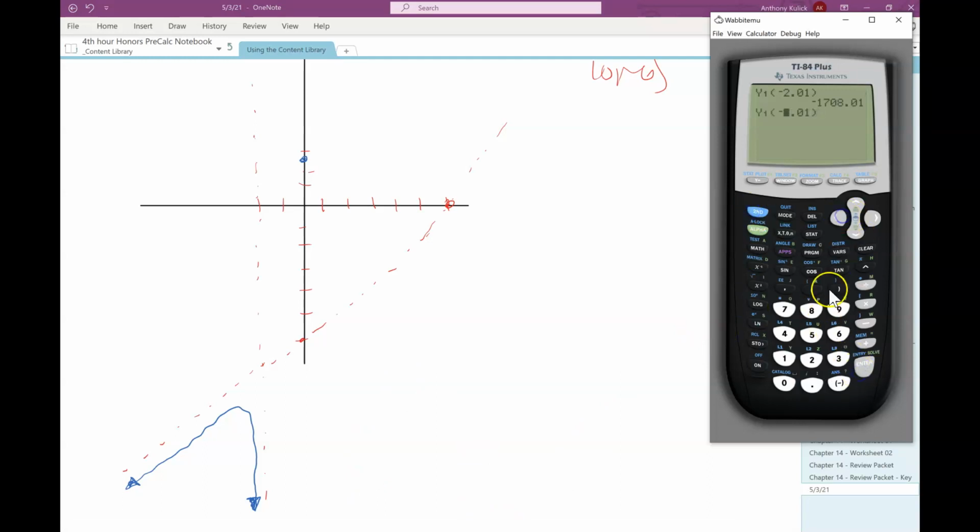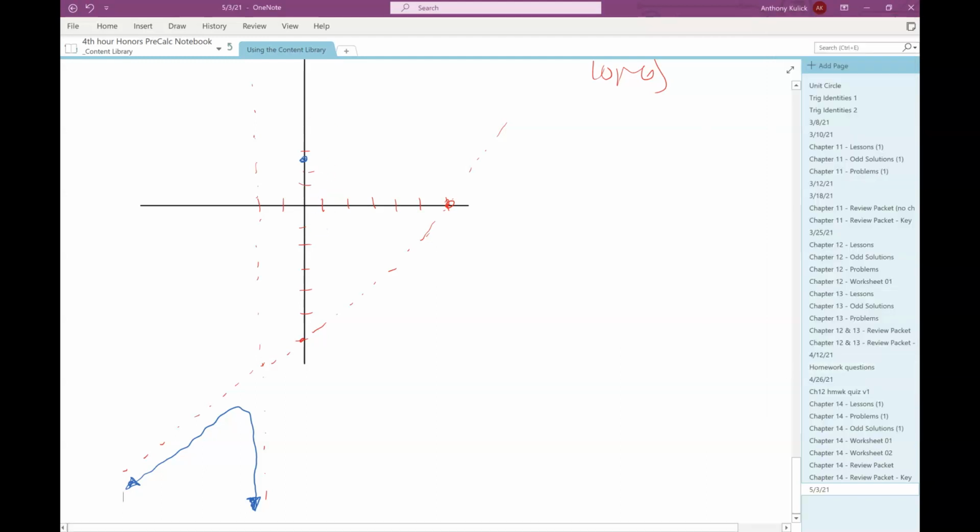Then we'll look on the other side, so negative 1.9 is really positive. Let's get a little closer, though, just to double check. So negative 1.99 is even bigger. So we're going to be